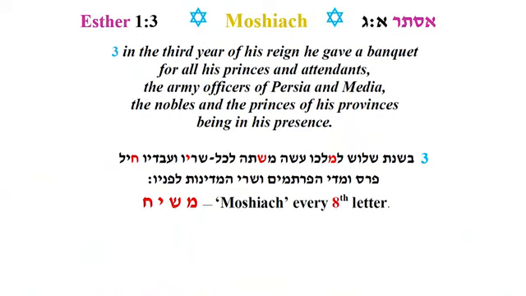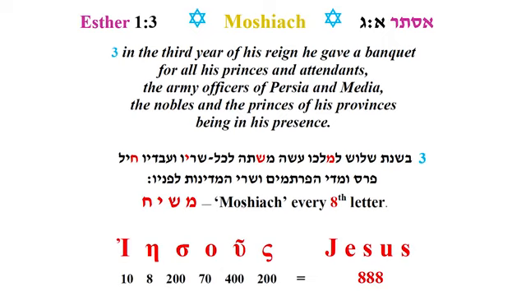Okay, in this verse, if you look at it in the Hebrew, here's our first hidden message. He has the word Messiah, Mashiach, hidden every 8 letters apart. I have them here in red. There's a mem, 8 letters later, shin, then a yud, then a chet. Remember, it's Mashiach. It ends in a chet. So Messiah is hidden every 8 letters apart. That's interesting that it would be 8, because 8 is the number of the Messiah. Yeshua, Jesus, Iesous in Greek, adds up to 888. So there's a little tie in there. Okay, Jesus is 888.